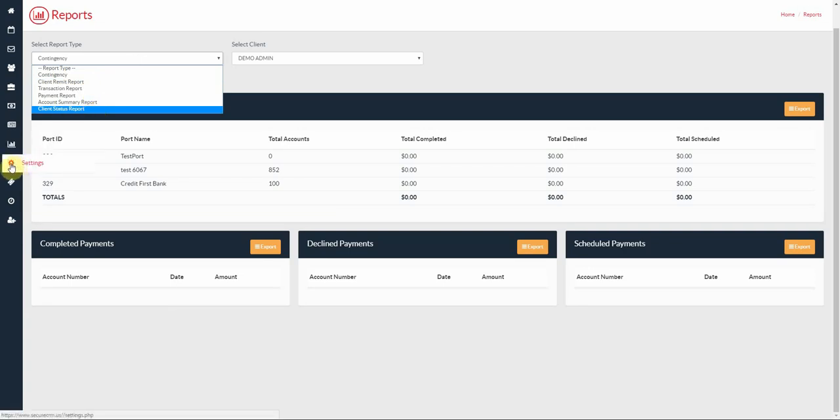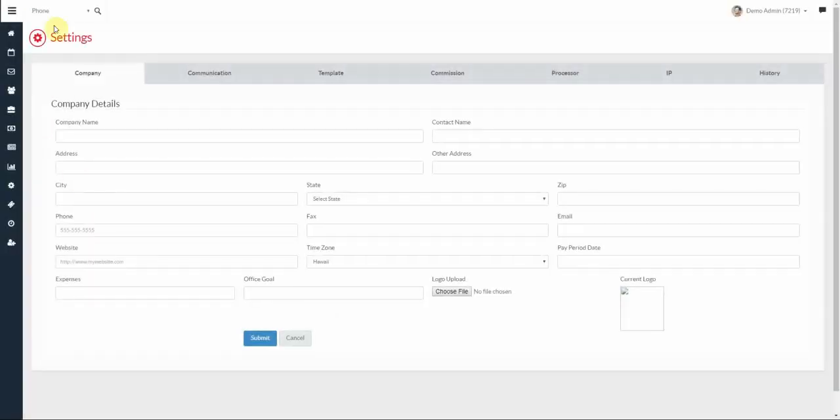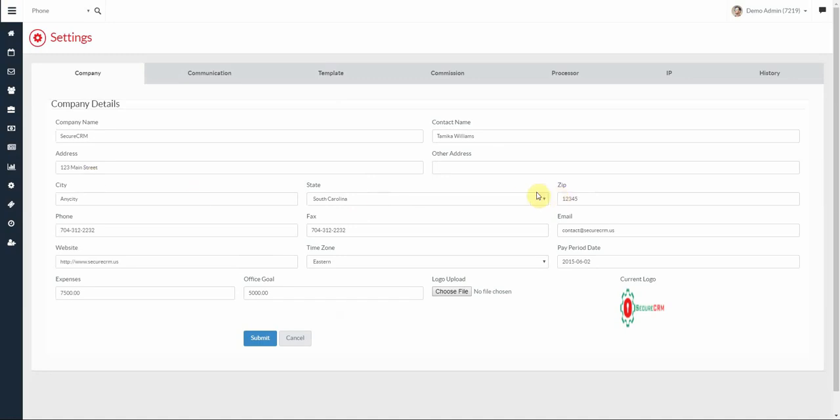The next item is the settings. And under the settings, this is where you will be able to identify, or update, all of the settings in the system for your particular company. So this is going to have your company details, your contact name, the address, the city, state, zip. And keep in mind that all of the information that's listed in the company details is also used